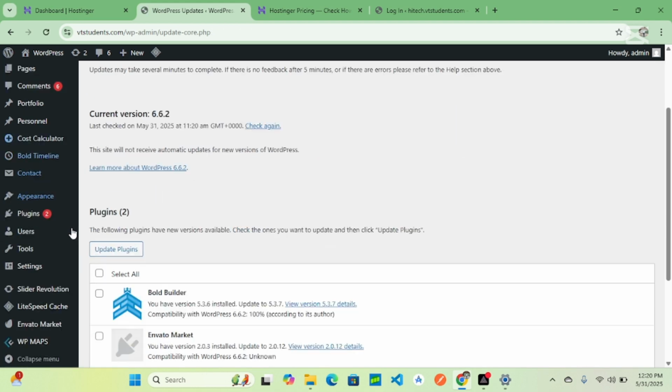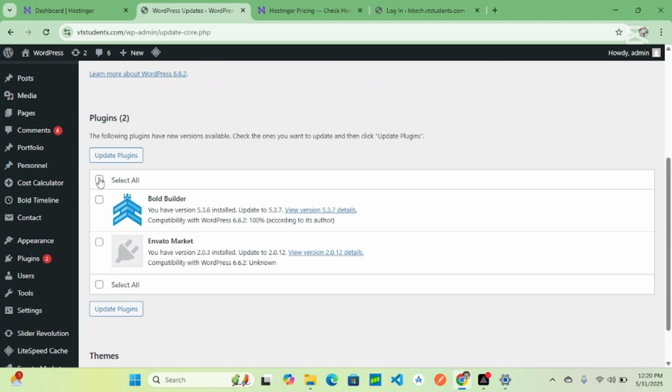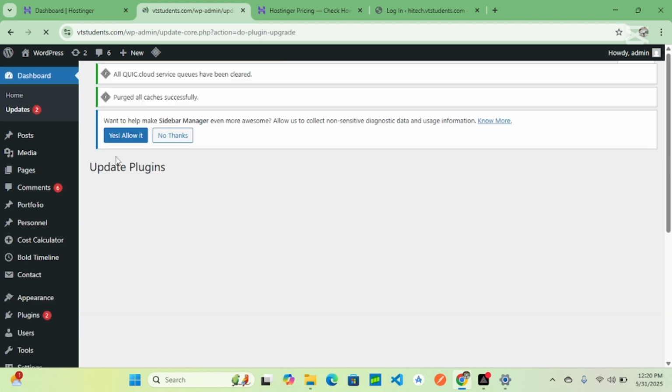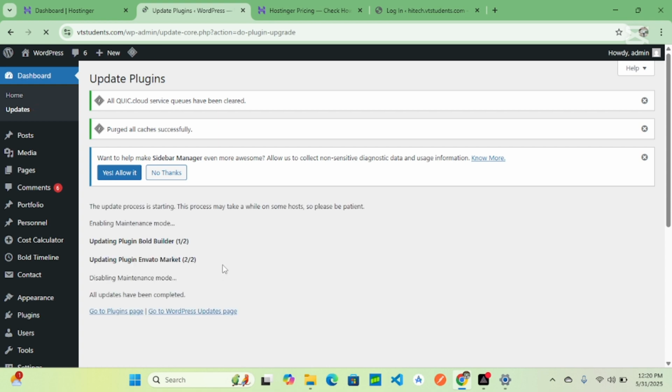Okay, since we've updated the theme, let's update these plugins. Although in a short while you'll know what plugins simply means. Okay, so now it will be adding a count here for you to see if you have any theme or plugin that is out of date. So you can come over here and update them. Now for posts,